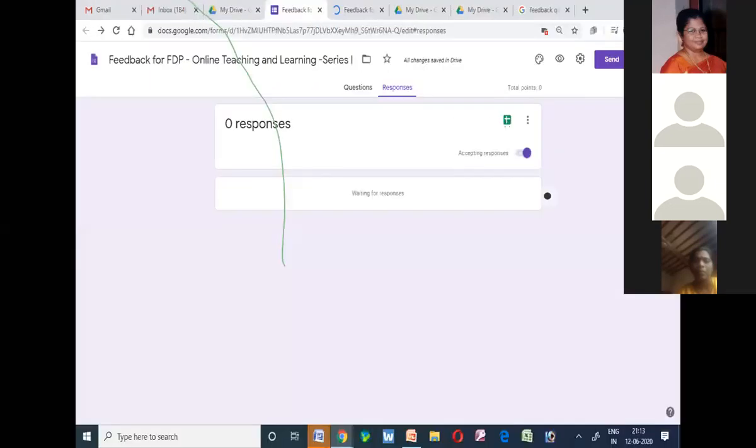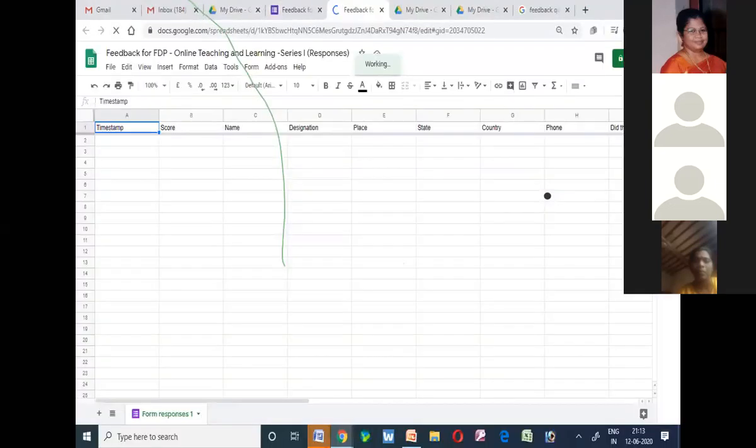And the next thing is the sheet where you'll have the different fields which you have created already, and the timestamp and score, which are the different fields Google Forms itself will include. But we have created name, destination, place, date, country, phone, and the webinar was interesting, something like that.